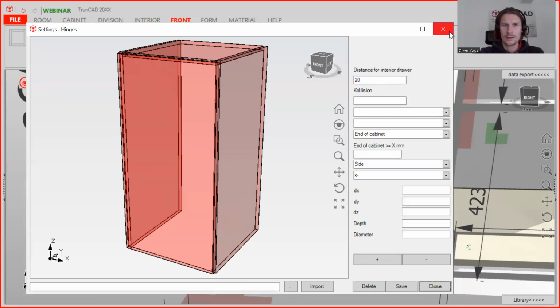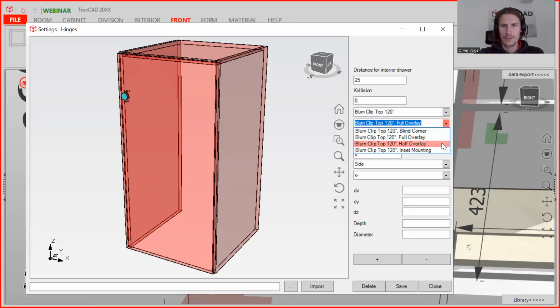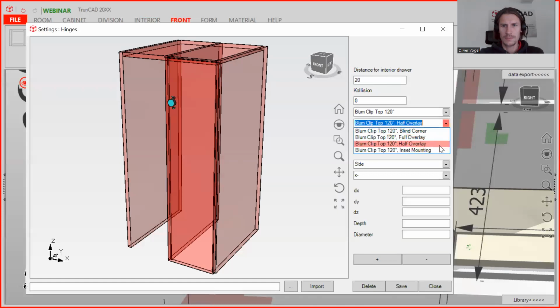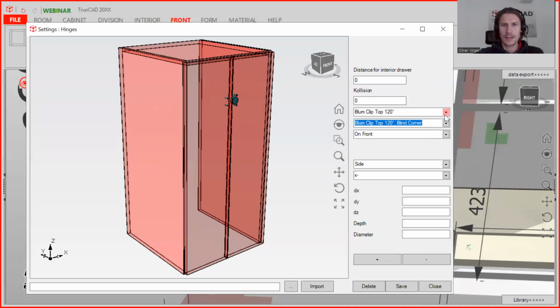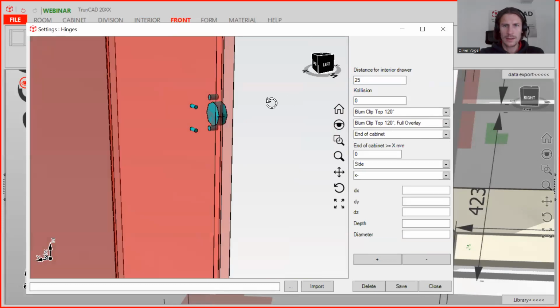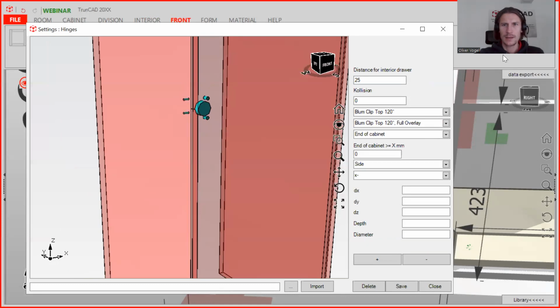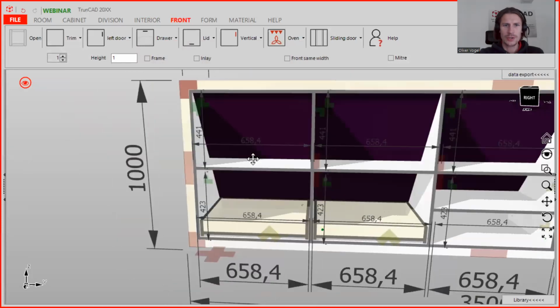All right, so yeah, you see here also our hinges. Yeah, like the Blum. You see here we have also different ones. So TrunCAD is automatically choosing for the right case the right hinge automatically. Yeah, so we just close it here, and what we are doing now is we just drag and drop here